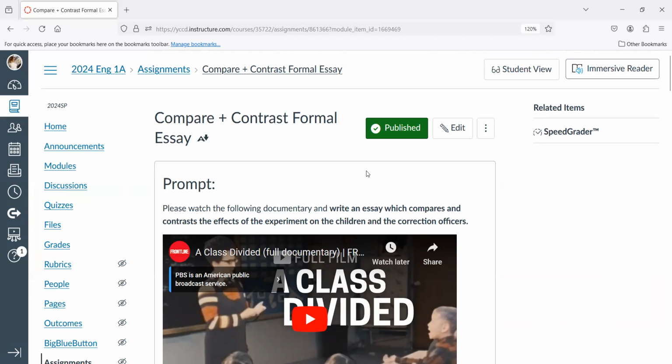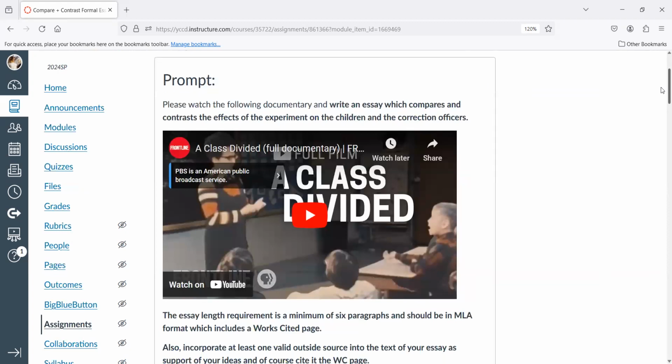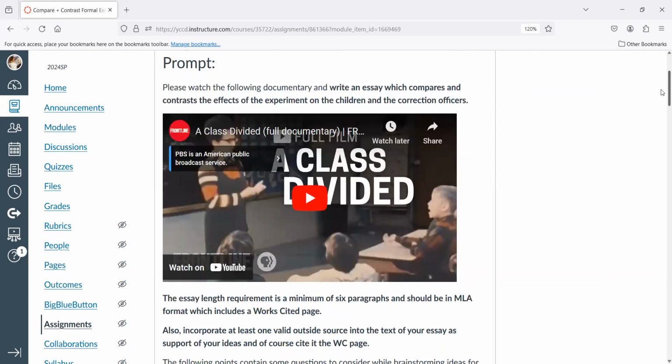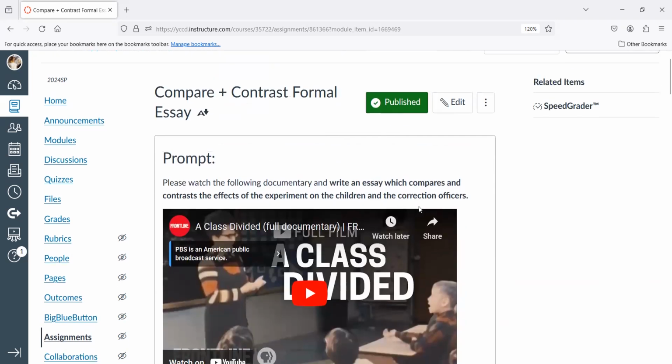You could do this in many different ways. There are a lot of options, so I'm not going to over instruct on that. I'd like you to give this your full effort. But the children would be A and the correction officers are B. So you could go A. So the first paragraph could be the children, and then the second paragraph would be, I'm just going to make something up here for the sake of the lecture,